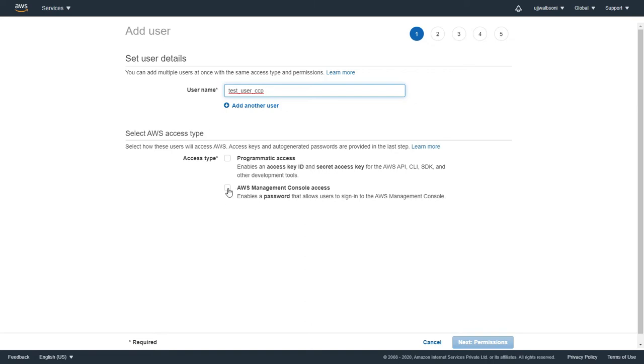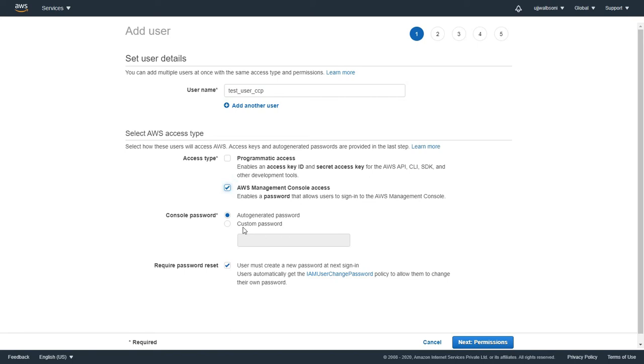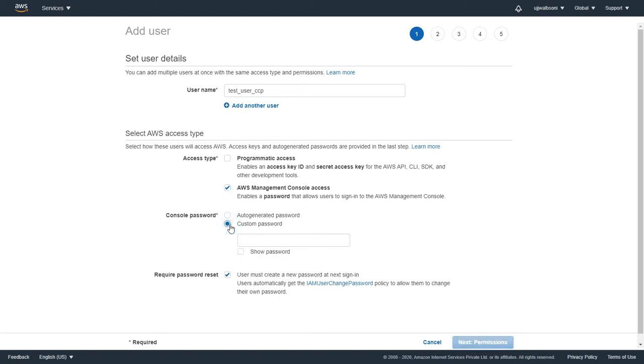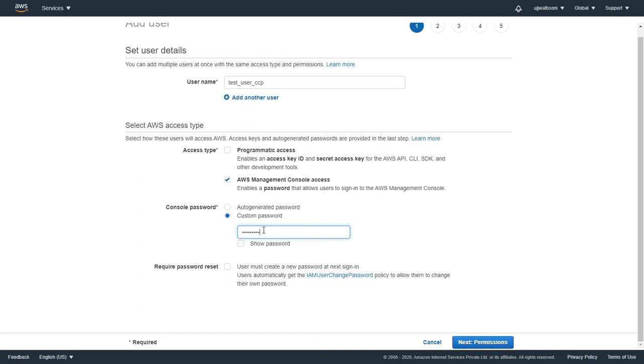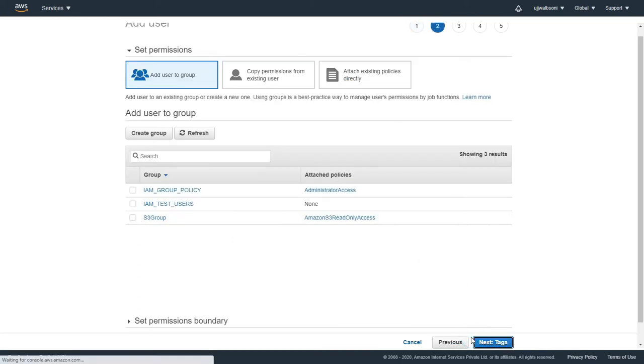I'll select the console access. For the console password, it can auto generate the password, or you can enter a custom password over here. I'll create a custom password and then click on next for selecting the permissions.